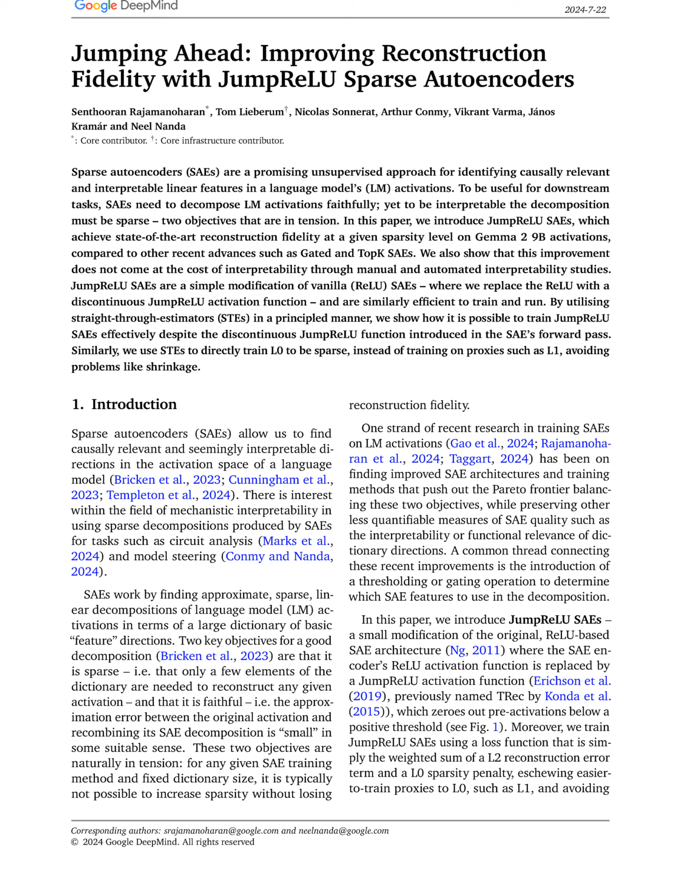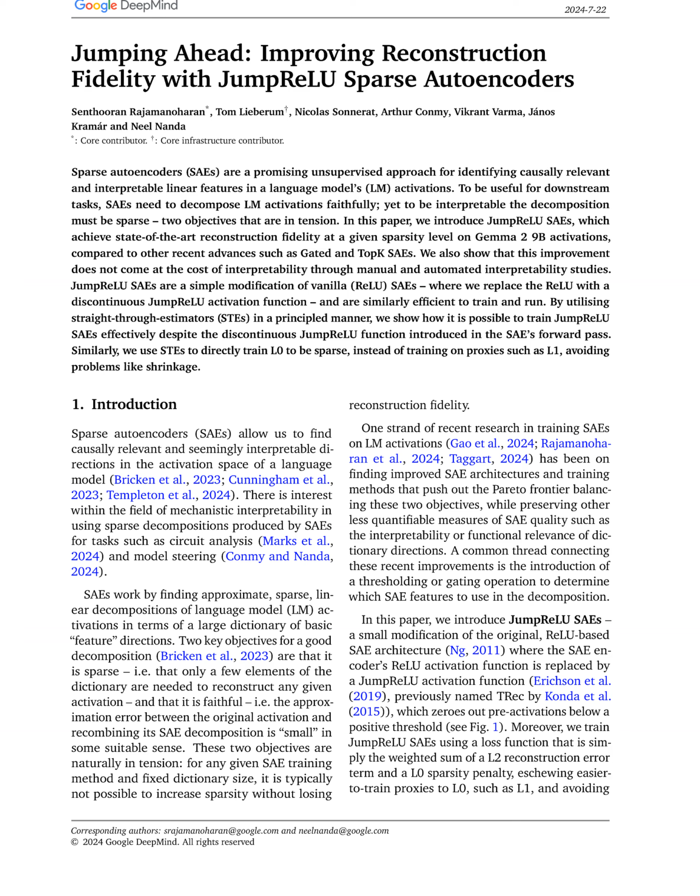The JumpReLU SAE method operates by encoding language model activations through a modified activation function and a specific loss formulation. First, it employs a JumpReLU activation function, which replaces the traditional ReLU function. This new function zeroes out pre-activations below a positive threshold, allowing for a more controlled selection of active features. The encoding process generates a sparse, non-negative vector of feature magnitudes, which are then used to reconstruct the original activations